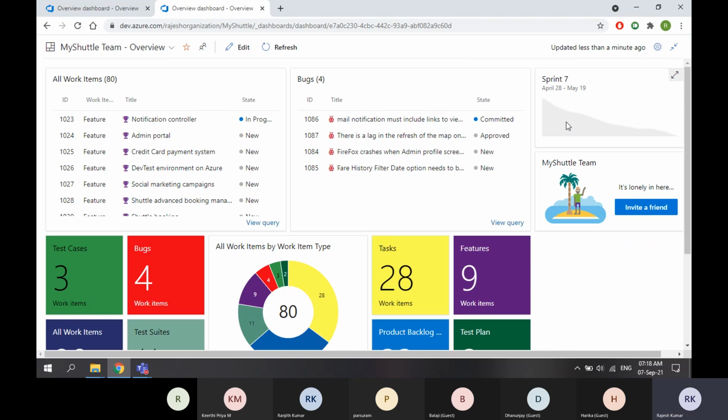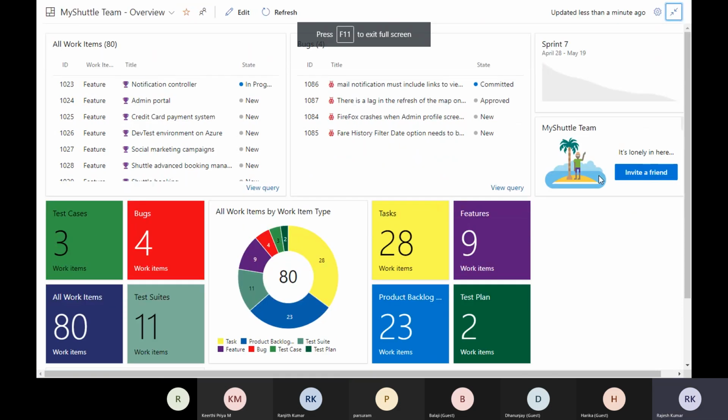Now what happens when you create a complete dashboard? See, this is kind of a complete dashboard. So you can display like this, okay? So now the complete screen is only dashboard. If someone comes to my desk and asks me what are all the things that are pending or going on in your project, then I can simply tell them there is a dashboard. You can go to the dashboard and verify the things.